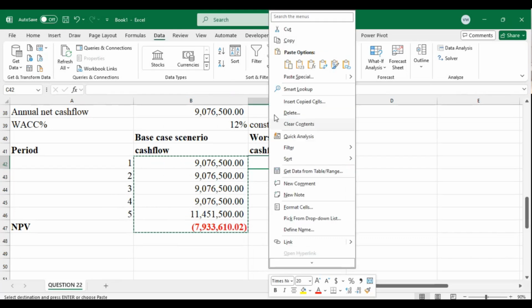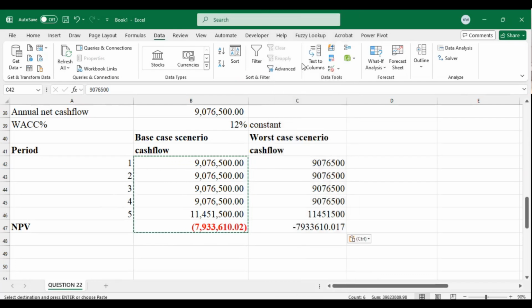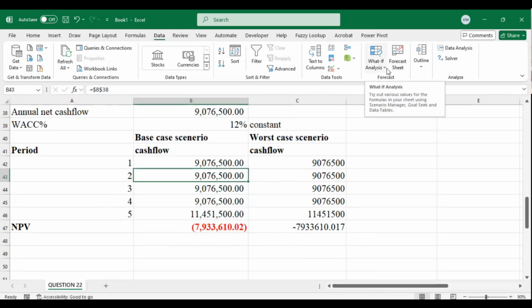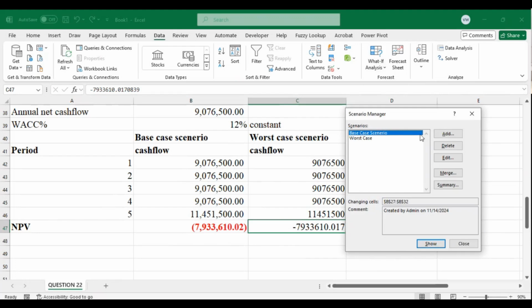If I use the normal paste, you can see that it is giving me an error. So I want to paste the value so that I get rid of the formulas and any referencing that I did, because that is what I'm interested in. So I'll proceed and paste the value, and this value now is not linked to the formula, so that now even if I go back to my scenario manager and go back to the best case scenario,